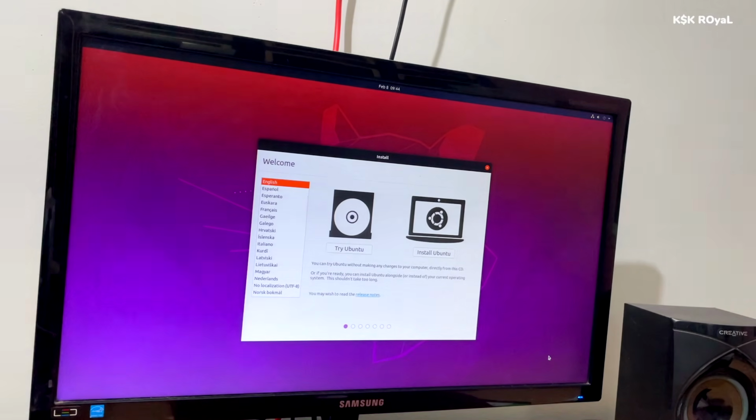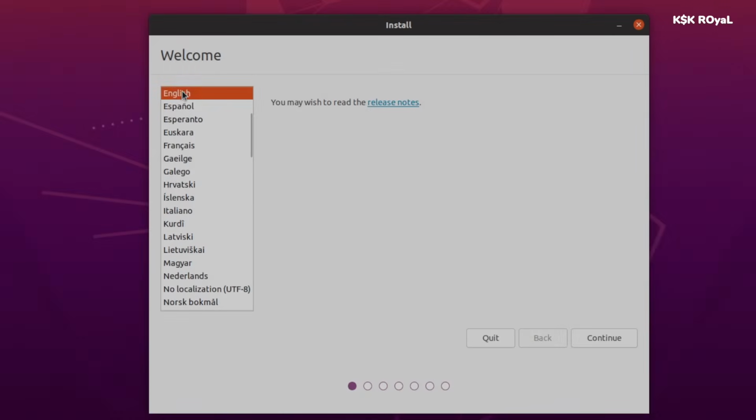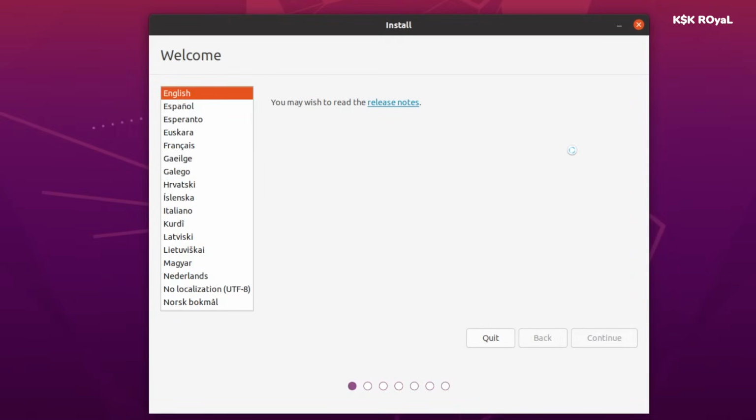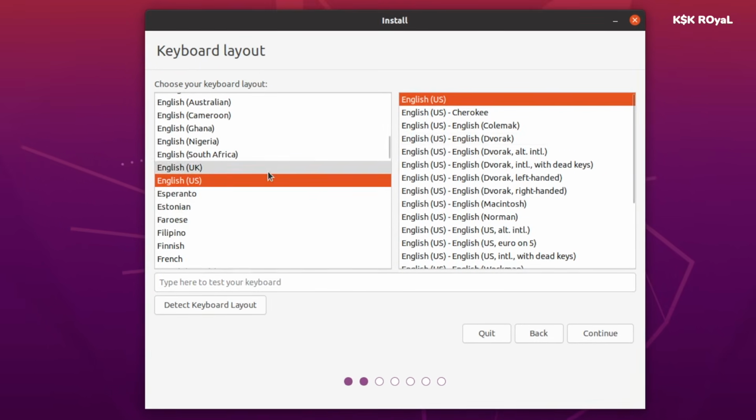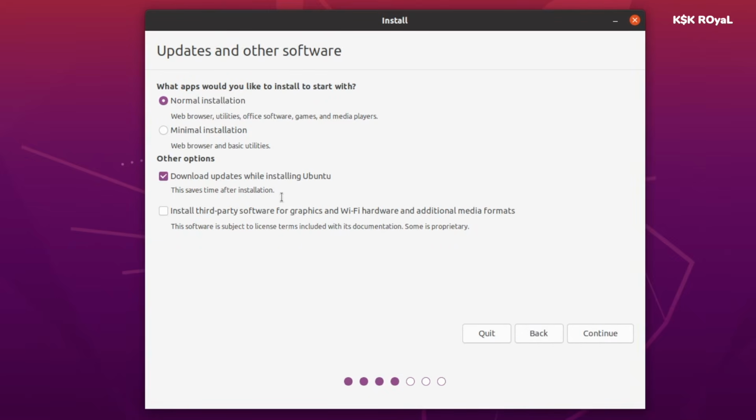Now when you're inside the live session of Ubuntu, go ahead and click on Install Ubuntu. Now first you need to set up a language. In this case, I'm going to use English as a default language and then click on Next. Now for the keyboard layout, choose English United States as a default option. The next step in this section, I would choose the normal installation that installs all of the basic tools. If in case you have a faster internet connection, you can take this option that downloads the latest software updates and installs automatically. Now make sure you tick this option to install any third-party media codecs, graphics, and Wi-Fi drivers. Then click on Continue.